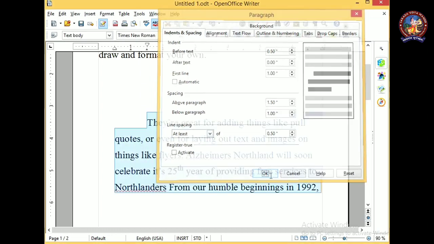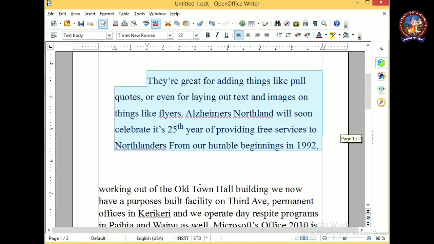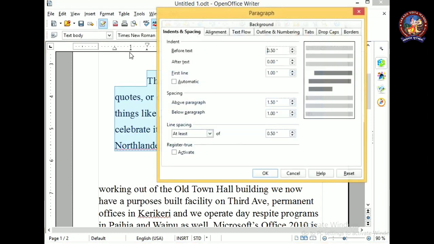So click on OK. So you can see that these texts are appearing in a different manner and these texts are appearing in a different manner. Here the gap between each line is 0.5 inch. That's why it is appearing like this. So this way we can change various properties. So what we have learned, the indentation, for first line indentation you can try after the text, the spacing before the paragraph, after the paragraph, and the line spacing means gap between the lines.